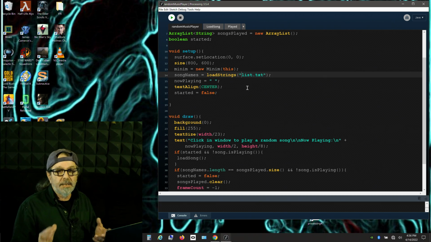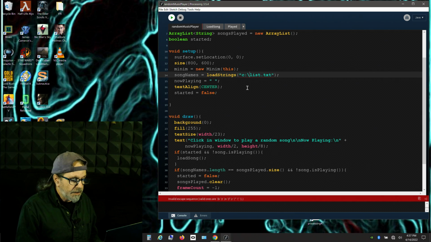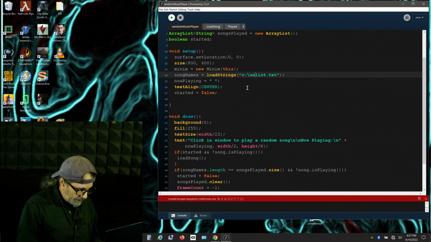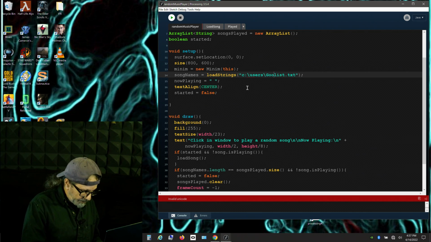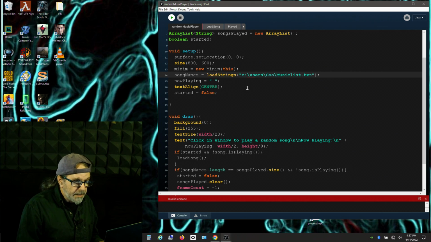Now, we want to load our list from our music folder. My music folder is in C:/Users/username, my username is goo, /Music/. Now we got a little error here, and that's because